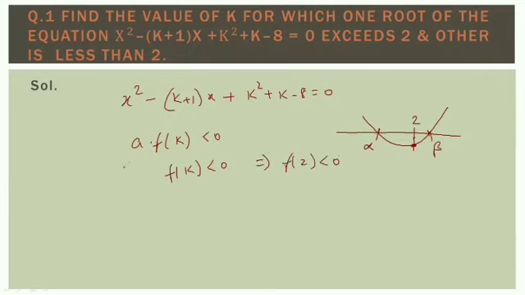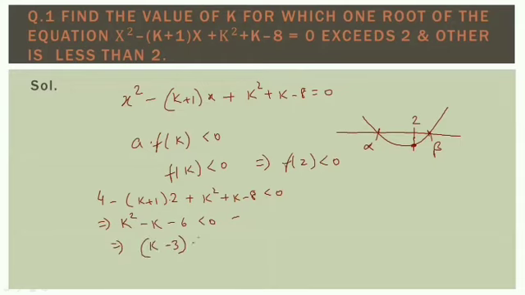So we put 2 in place of x. So we get 4 minus (k plus 1) into 2 plus k square plus k minus 8 is less than 0. That means k square plus k minus 2k, which is minus k, minus 8 minus 2 is minus 10, plus 4 is minus 6, less than 0. So that turns out to be (k minus 3) into (k plus 2) less than 0. When we solve it through the wavy curve method,